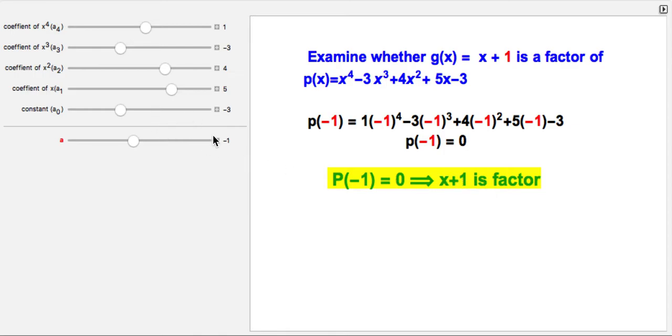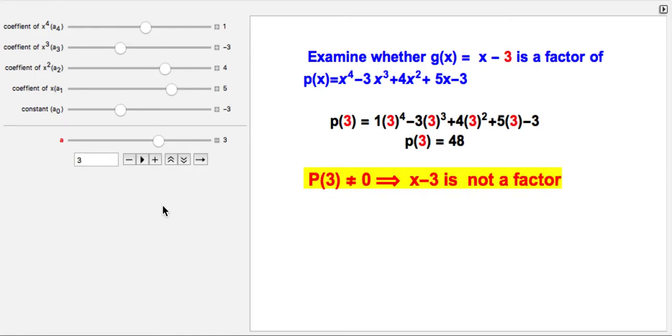But if we change our a value, our 0, what we're looking at here, let's change it to something different like 3. We're now going to look to see if x minus 3 is a factor, or if positive 3 is a 0. So we plug positive 3 into p of x, and we basically substitute every x for 3, and we find that p of 3 equals 48, not 0. So x minus 3 is not a factor, and you can play around with different polynomial equations, different a values,